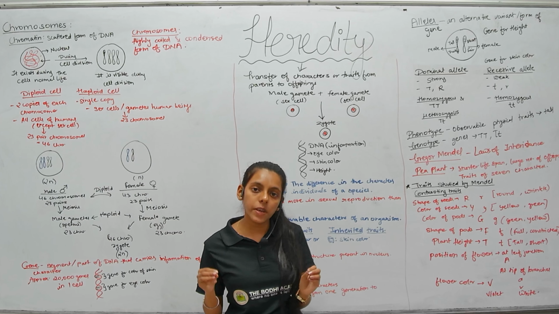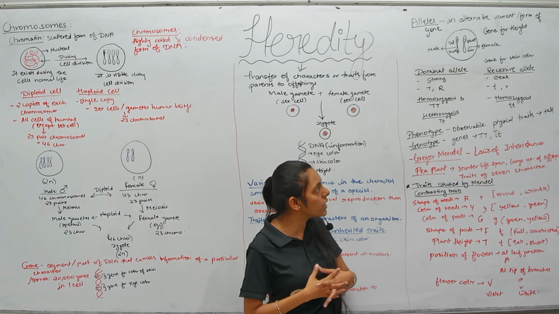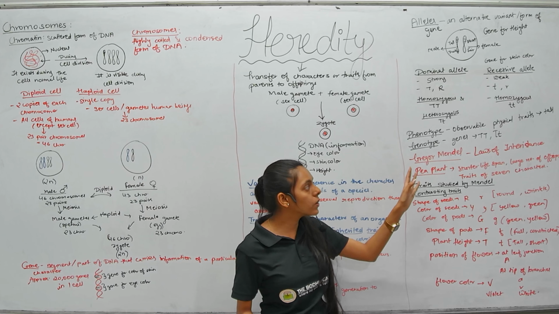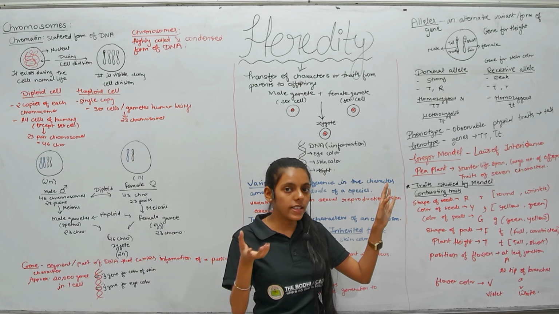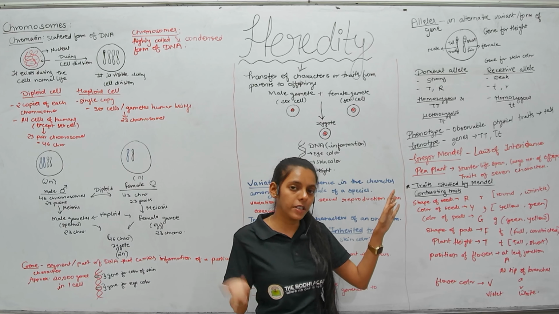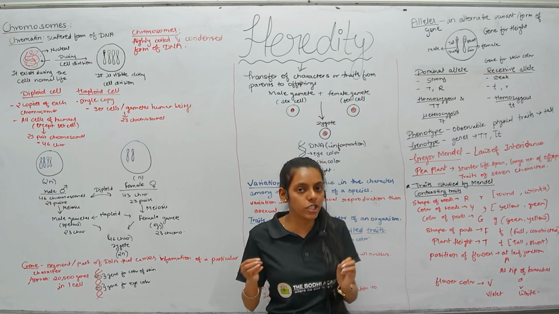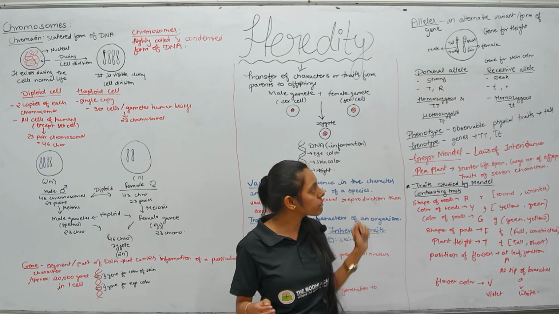So the observable characters, which we can see, the appearance of the characters, what is it called? Phenotype. Okay, which we can see, like tall and short. And genotype is the alleles, you can say, the letters which we use. We don't know what the genes inside will be, whether it will be tall or short. We will only be able to see when the plant is actually there. So the genes are called the genotype. Okay, then